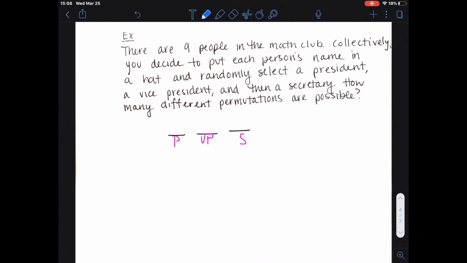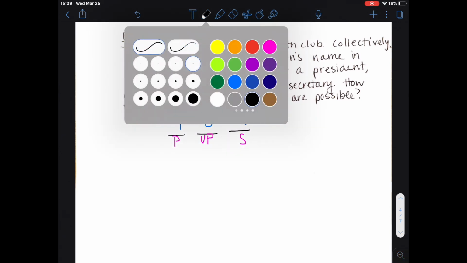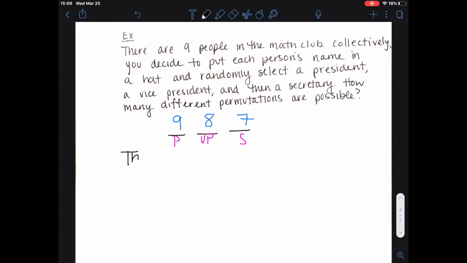So on the first draw, you have 9 possible people you can pick from. For VP, now I can't have someone that's president also be vice president. So whoever I've picked is now out of the pool. And I have 8 people left in the club that I can pick from. And then finally, for secretary, I've picked out a president and vice president, so I have 2 less. I have 7 people that can be secretary. So in total, there are 9 times 8 times 7, which is 504 ways to select